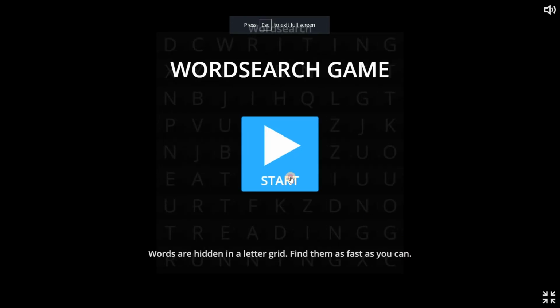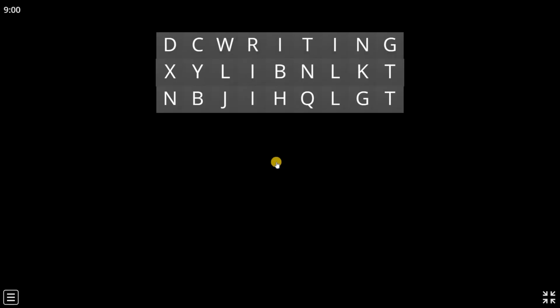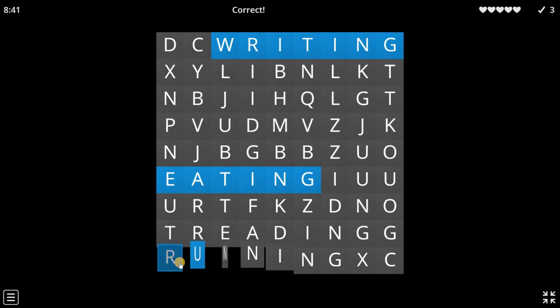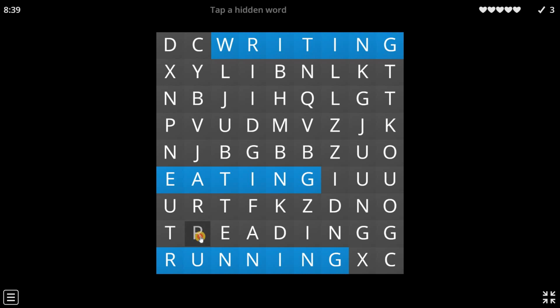So here, on the left hand corner, you can see the timer has started. I'll have to double click on the alphabet and the word is here. Next, double click. Done. Second word. Third word, let me just search. Okay. Fourth word. And one last word. And it's done.